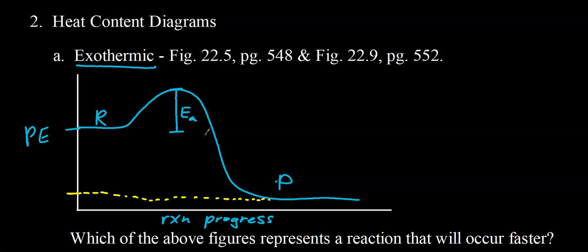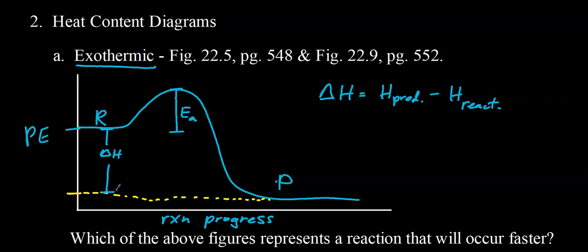Now, something else we should label on here as well is something called the delta H. Delta H is the change in heat content or change in energy that occurs during the reaction. And so technically, when we're calculating delta H, especially using this graph, we take the energy of the products minus the energy of the reactants. So another way we can think of it is delta H is the difference in energies of the reactants and products. And again, that difference is what is, in this case,